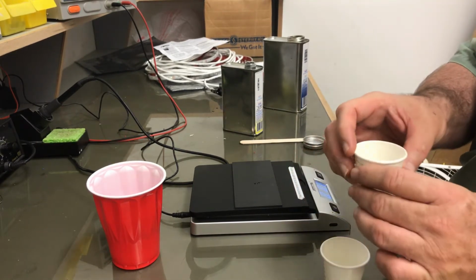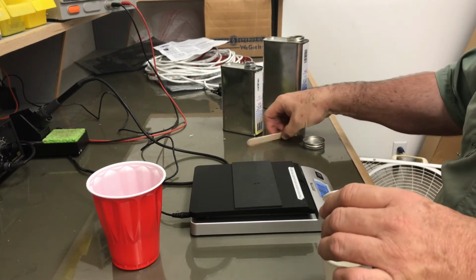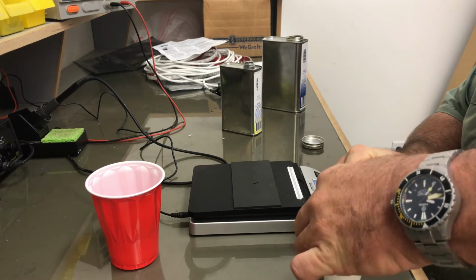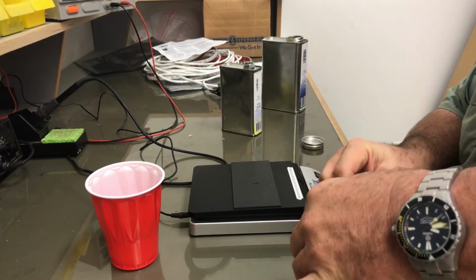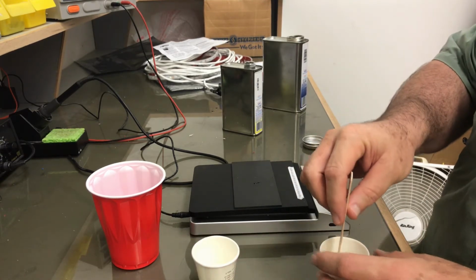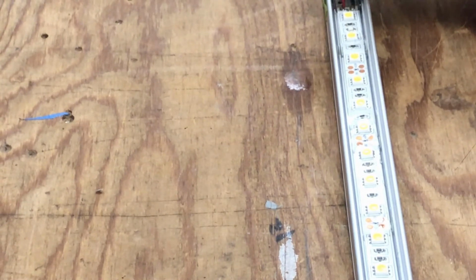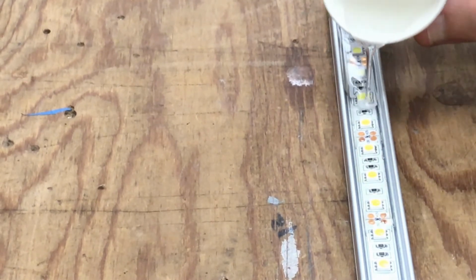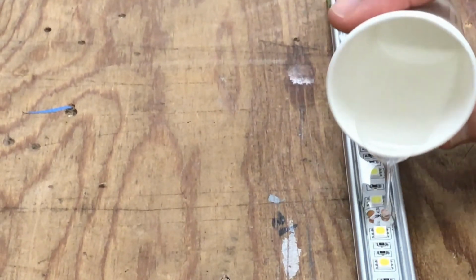Okay, so let's mix the two of these together. And let's pour resin. Now, if you take a real close look,